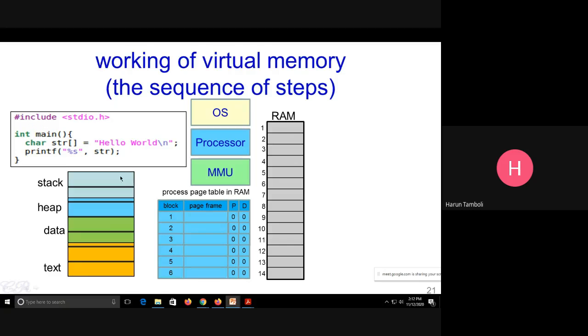Now, when the OS starts executing this process, the first task of the OS is the creation of the page table. So remember, whenever the OS starts execution of a process, the first task is the creation of the page table. The OS will first create the page table. Definitely that page table will reside in the main memory. And after that,